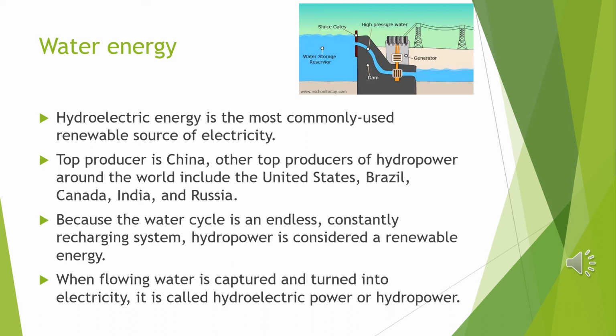It is also known as hydroelectric energy. Hydroelectric energy is the most commonly used renewable source of electricity. The top producer is China. Other top producers of hydropower around the world include the United States, Brazil, Canada, India, and also Russia. Because the water cycle is an endless, constantly recharging system, hydropower is considered a renewable energy. When flowing water is captured and turned into electricity, it